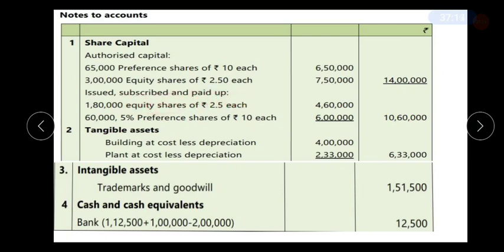So how do you get this issued, subscribed and paid up capital? It's so easy. Okay, but you need to mention 2 kinds of capital here. One is equity share capital and another is preference share capital. Now you have introduced a new equity share capital of face value 2.50 each, and new 5% preference share capital. Earlier it was 7% preference share capital of rupees 50 each. Now you have issued new 5% preference shares of rupees 10 each. So the old